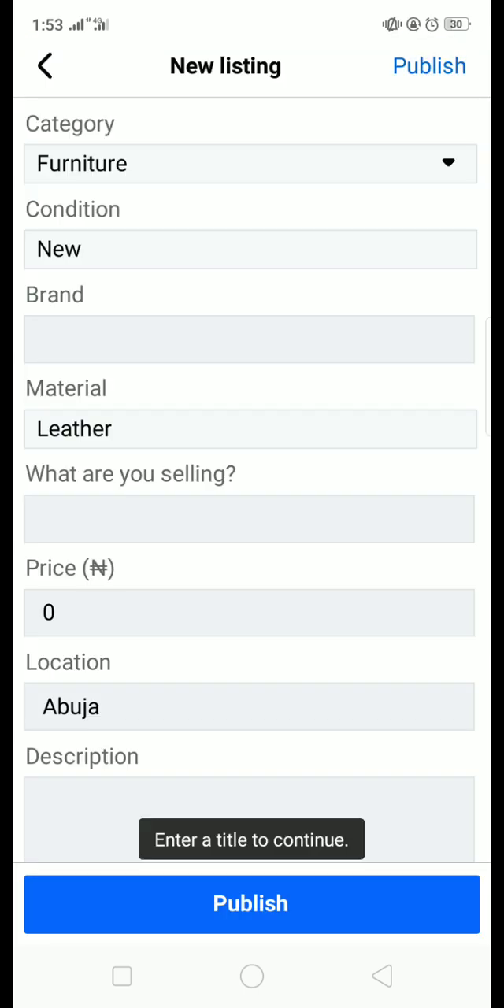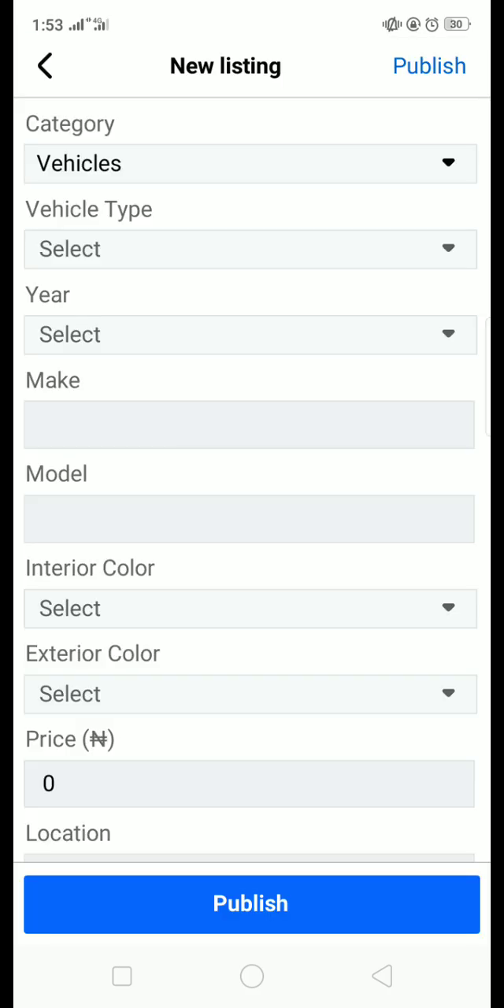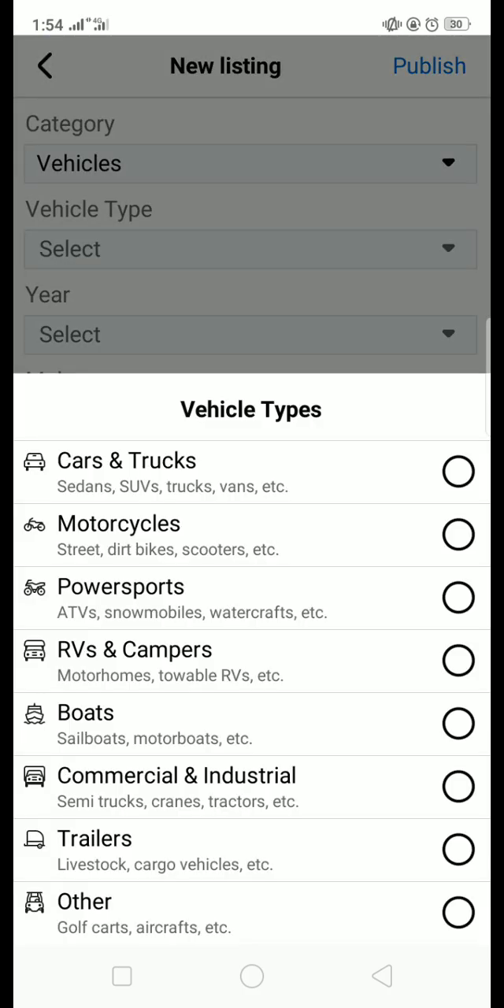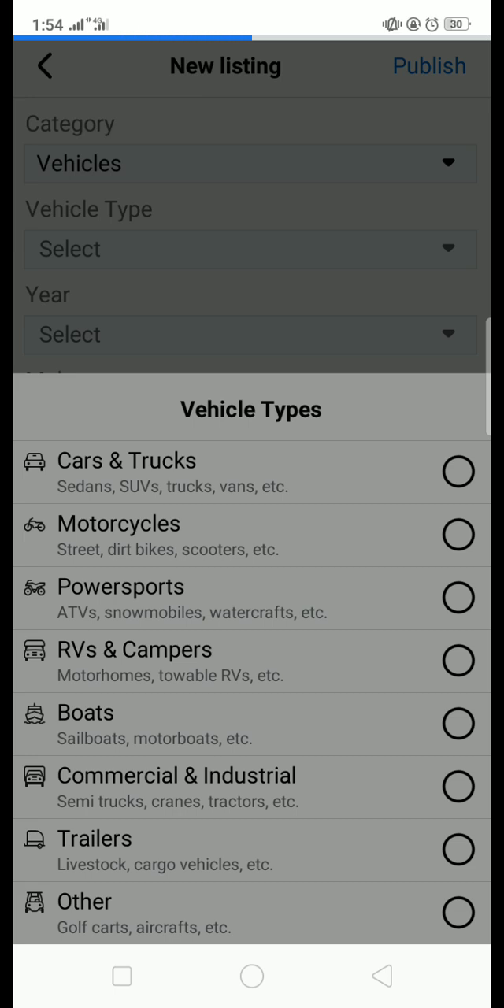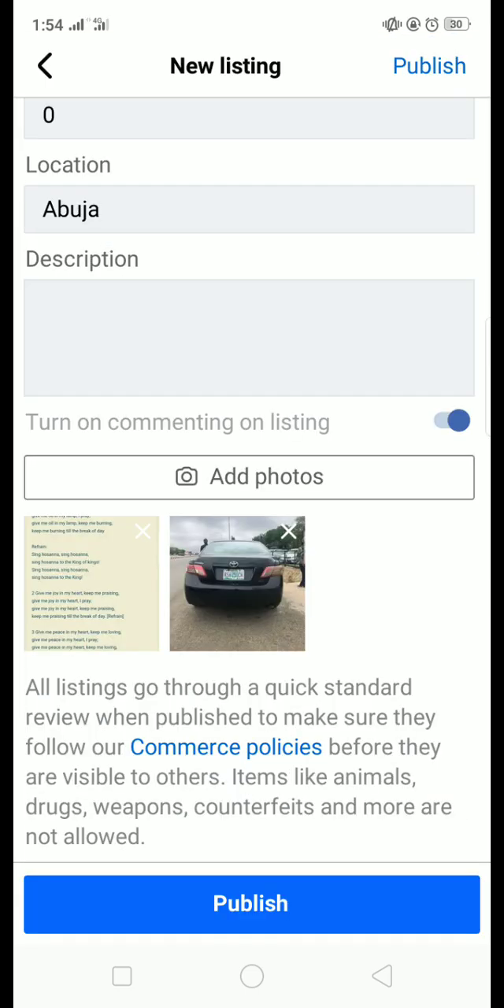I have not been able to, let me, you see they said enter a title to get. Let me, for example, put car, vehicle, car and truck. I'm trying to show you something. After I'm done, now what I'm trying to say is when you click publish,